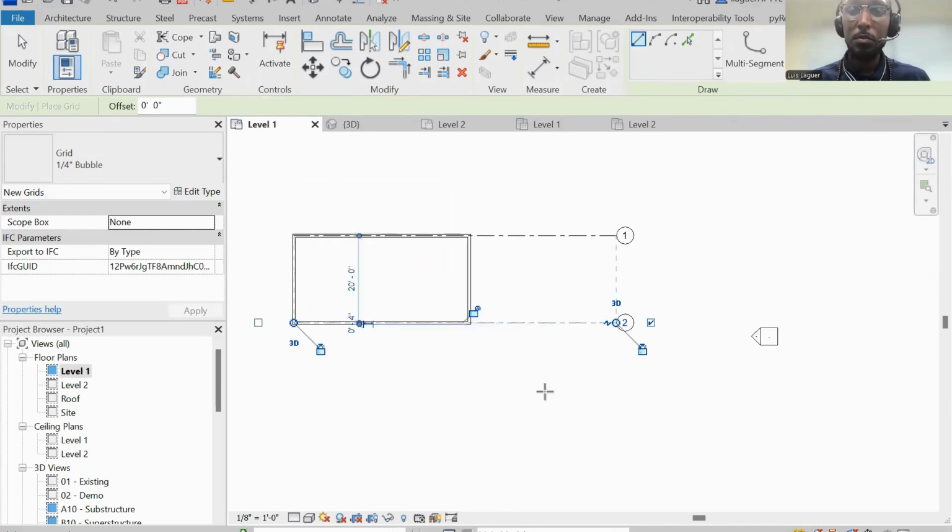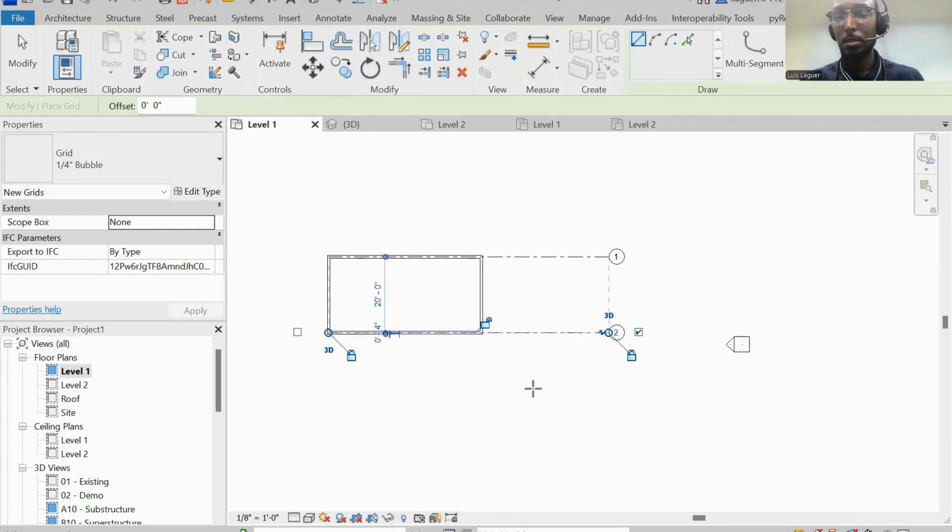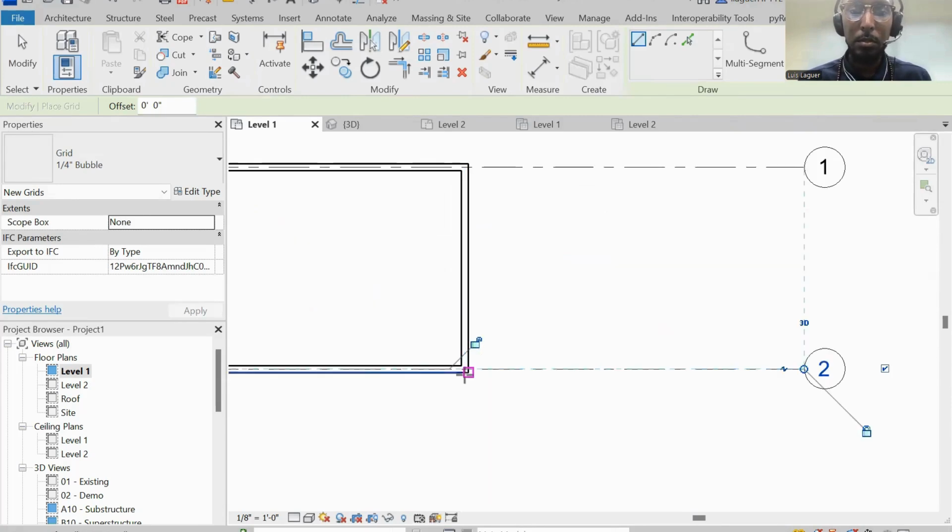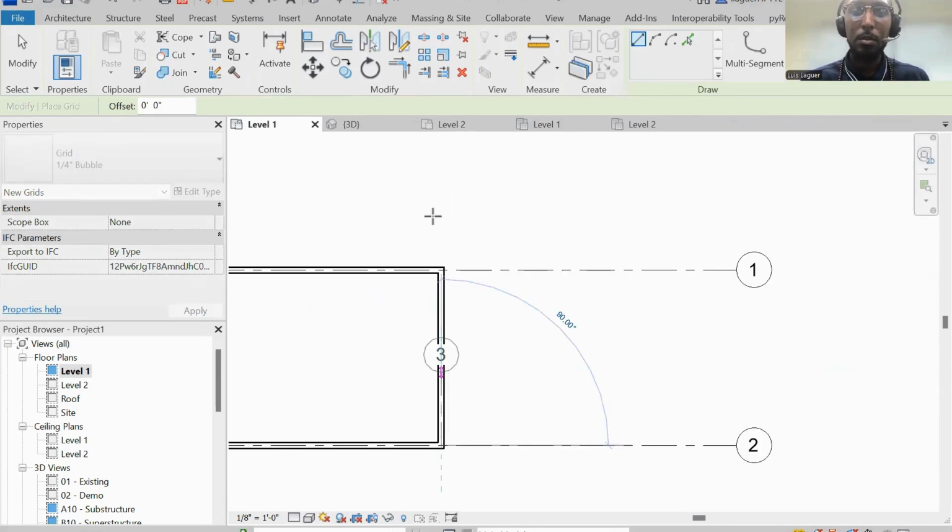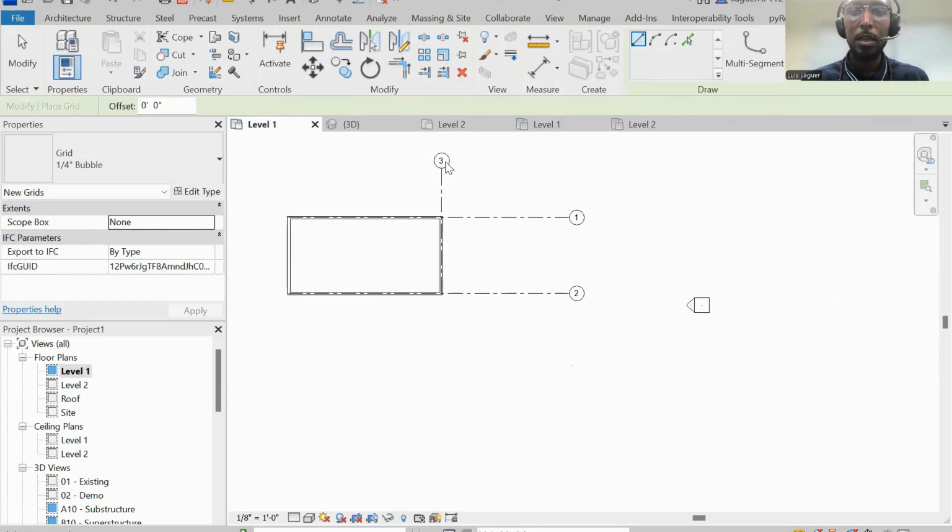And usually with grids, how we do it in the AEC industry is we have our numbers going one way, and then going the other way it's going to be letters, because we don't want to have numbers 1, 2, 3, 4, 5 and then going this way 6, 7, 8, 9, 10. It's going to be too confusing. We want to make sure if we're going one direction, it's going to be one thing, another direction, another thing. So to show you, let's say that I wanted to make a grid going this way. Instead of allowing this to be 3, I'm going to name this